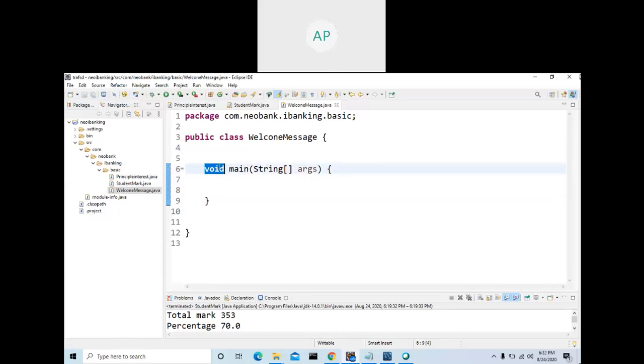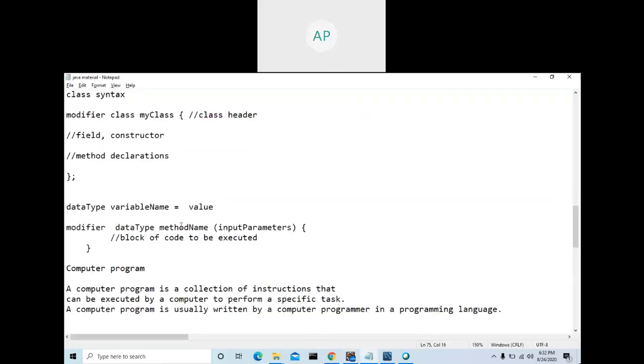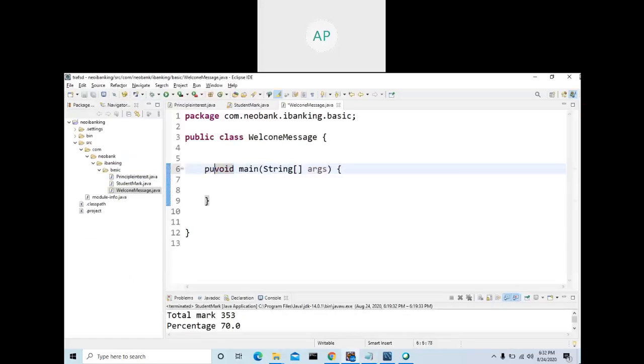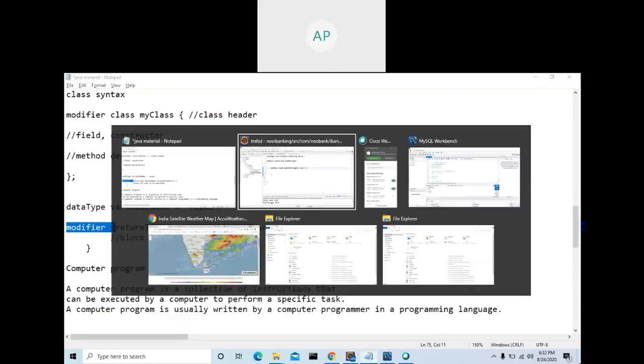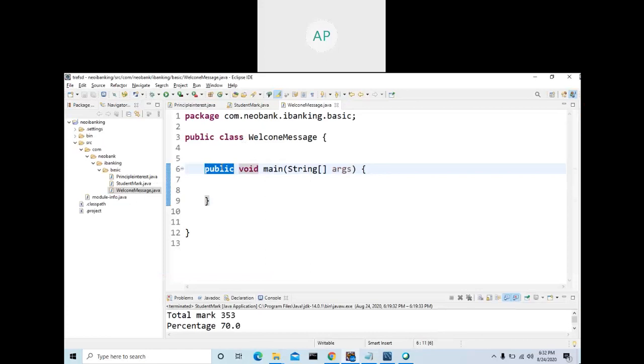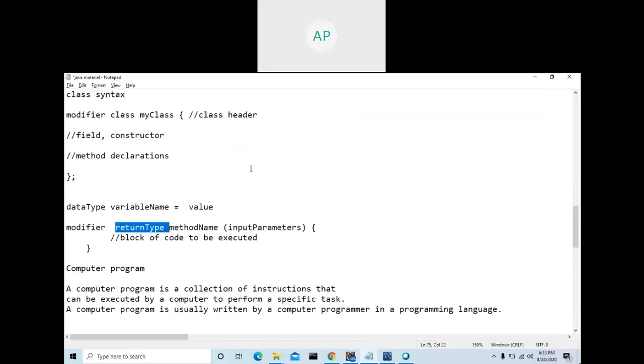We wrote a method. What is the syntax for a method? Modifier, return type, method name. I will explain what the return type is. Add a modifier: public. So now see here, we wrote a modifier. I will explain what a modifier is; as of now, leave it. Then the return type. I wrote void. It can be integer, it can be double, any data type. Let it be as of now. We are going to make it void. Don't think about this one.